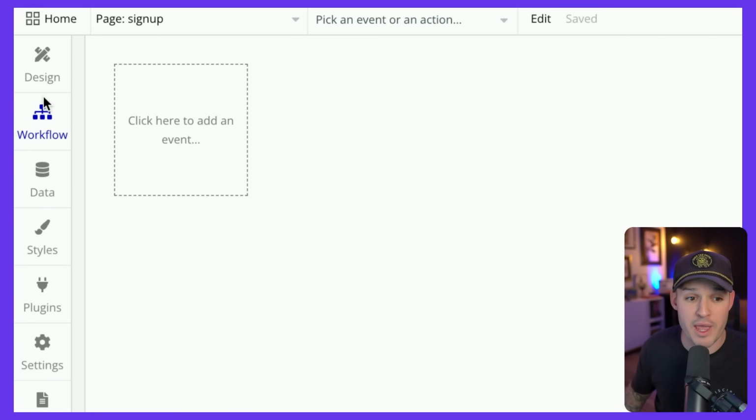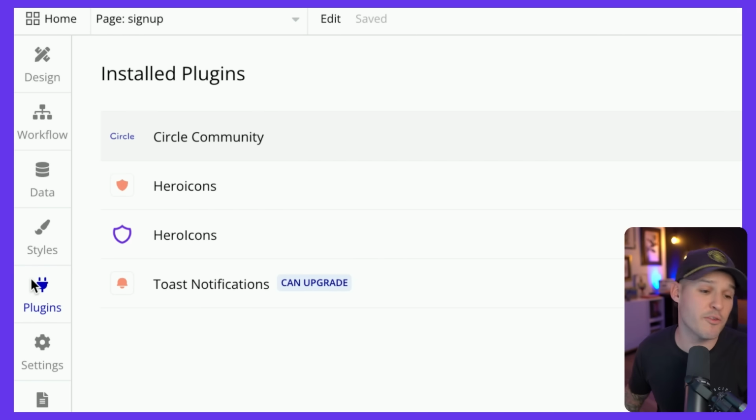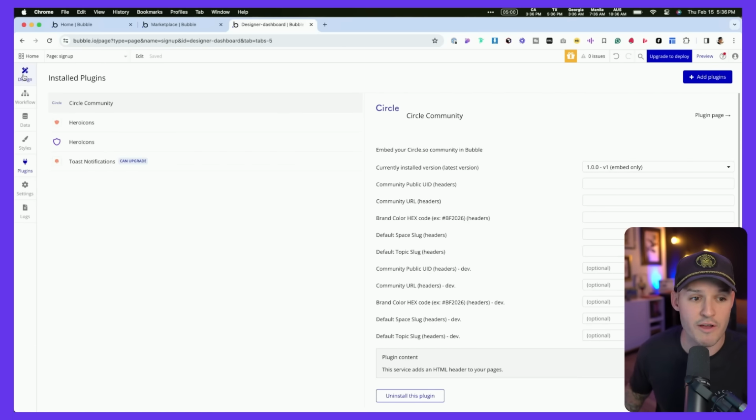You have the workflow panel. This is where we're going to make things happen using logic. You have the data panel. If you want to build reusable styles, there's a style panel for that. There are gazillions of plugins that you can use to add on to your application. I have a couple installed right now for notifications and icons, and you also have settings and a bunch of other stuff. But with that being said, let's dive right in and start working on one of the most important